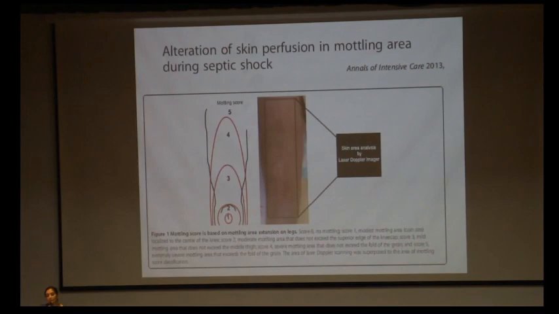So it basically is seeing the skin discoloration around the knee area, and it has 5 grades. Grade 1 is where there is only a coin-shaped lesion on the knee. Second is when the mottling reaches just above the patella. 3 is when the mottling reaches mid-thigh. 4 is when it crosses the mid-thigh but does not reach the groin. 5 is when it crosses the groin.